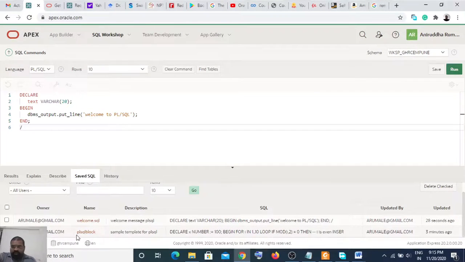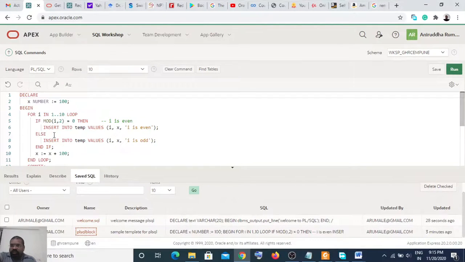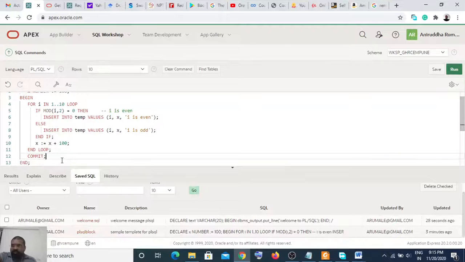If you see this program, if we go on clicking this, what it's having is commit and other things. When you say commit, insert into temp, this temp and this do not exist. So when we actually compiled, we got errors for that. It said that it did not exist.